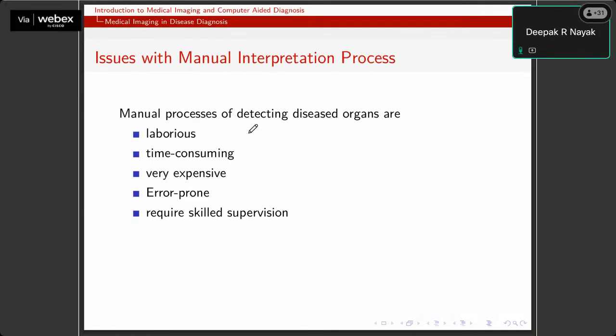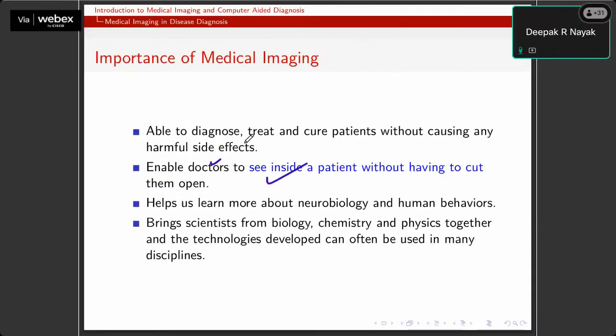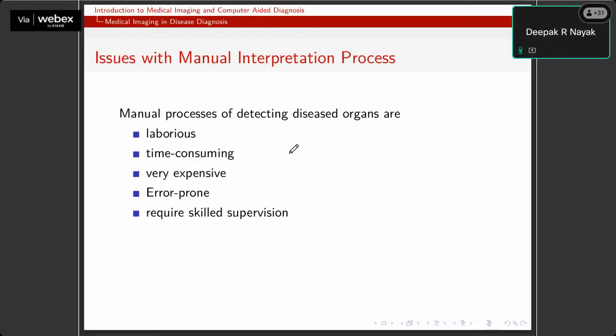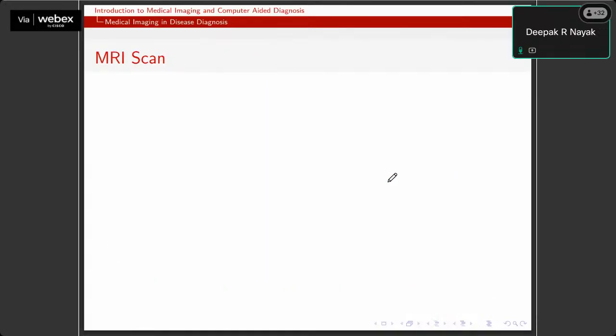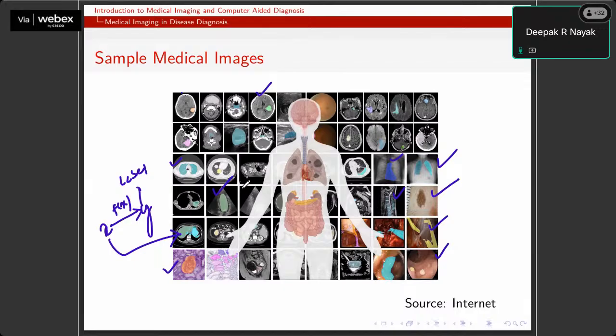Now there is a question, of course, that comes to your mind. This task is currently done by the radiologists, or by the doctors. They are interpreting all these images, finally giving us a report, and also providing recommendations and all. So then what do we want to do here? What is our task, and what are the limitations of manually interpreting this kind of images?